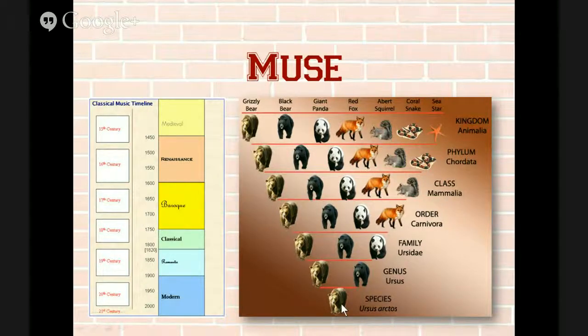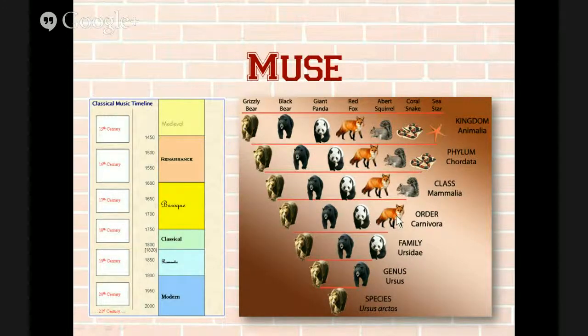Now, if we back up a little bit, there is a genus, so another category that's a little bit broader. Not only includes brown bears, but also black bears. And now if we back up a little further, there's an even bigger category, a family that includes brown bears, black bears, and panda bears. Now if we go to an even bigger category, there is order Carnivora, where we have carnivores, so animals that